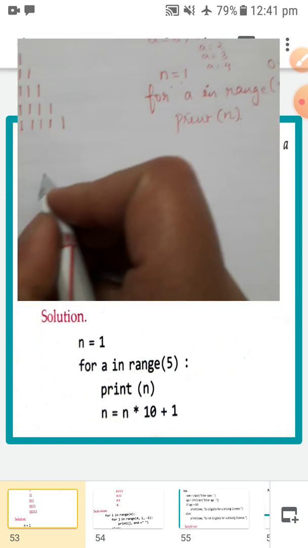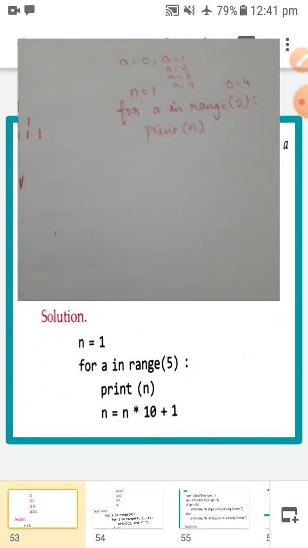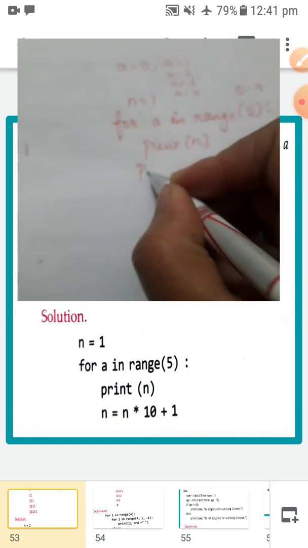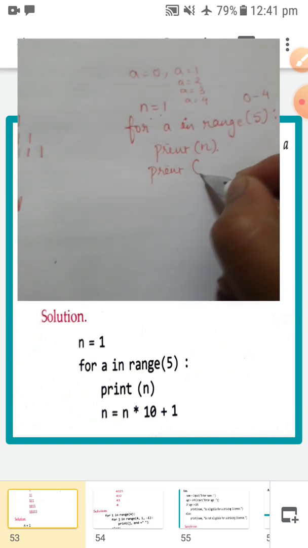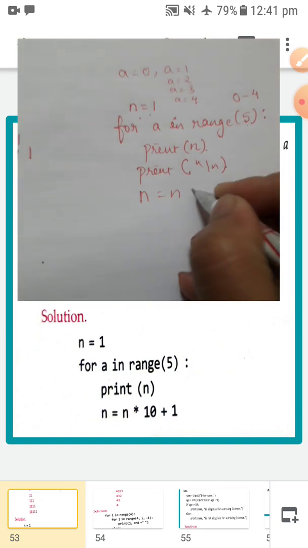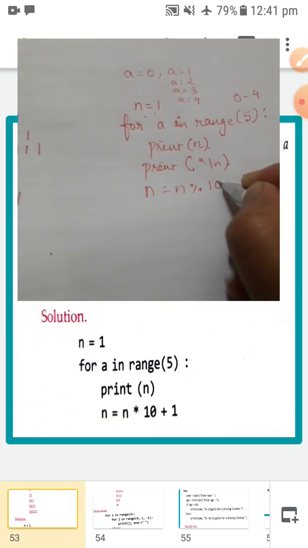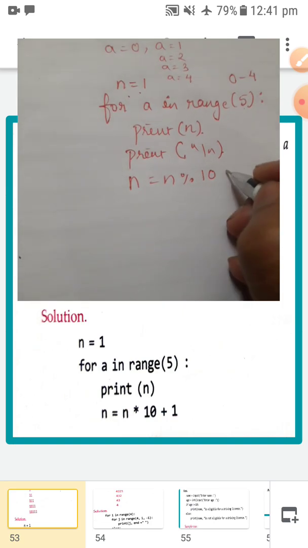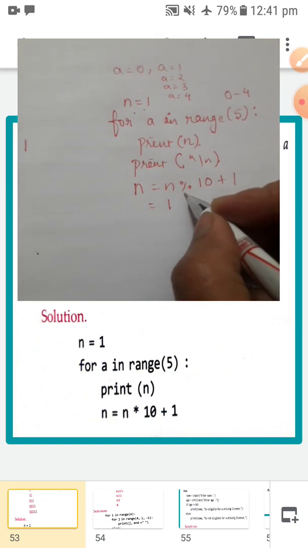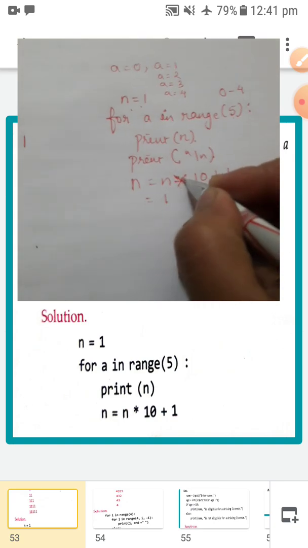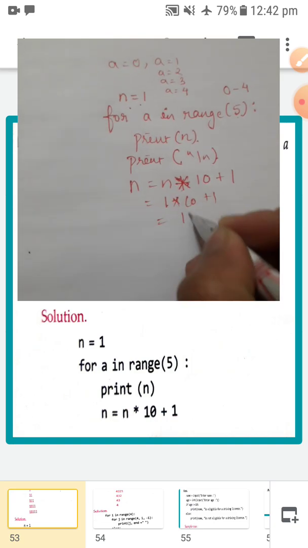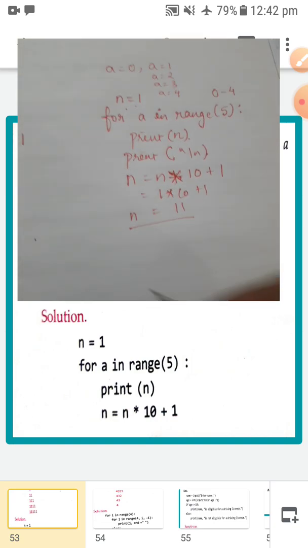Print n means 1 it is going to print. Then after that you are having print, add this also, new line, then n equal to n multiplied by 10 plus 1. So n is 1, 1 into 10 plus 1, it gives you 11. Now n value is 11.